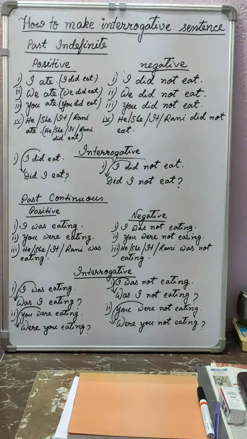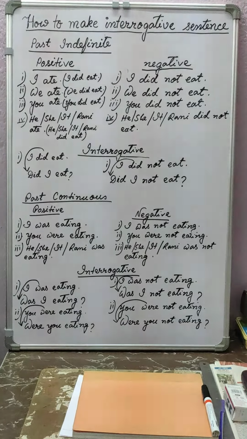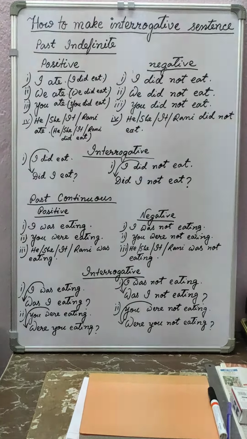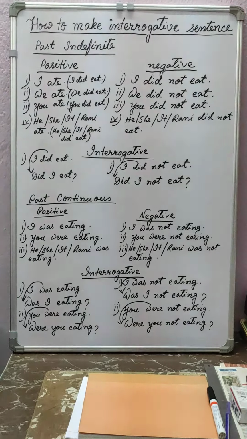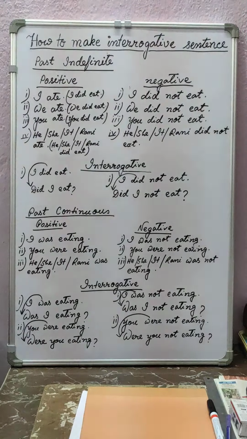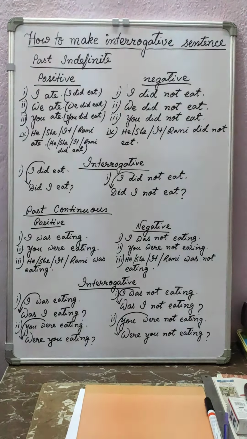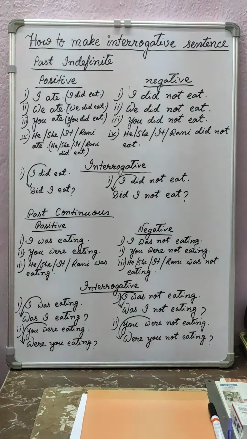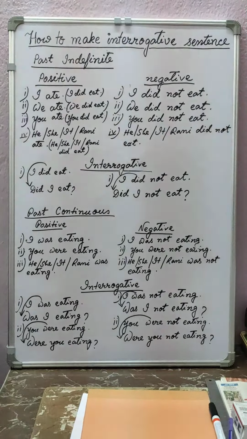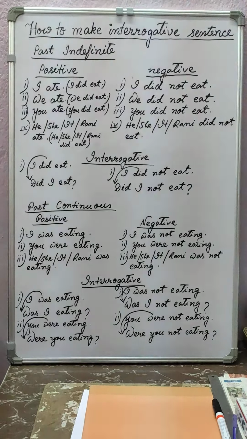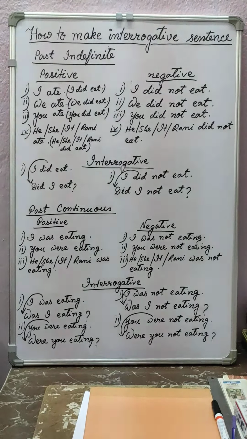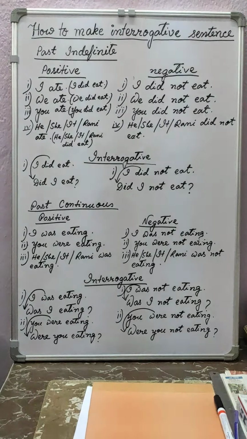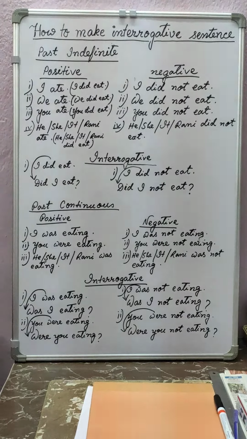So I ate; in another way you can also write I did eat. So the auxiliary is a must, and to make an interrogative sentence you have to bring the auxiliary verb which is just after the subject and place it in front of the subject. You see, I did eat. So how will you make the positive interrogative sentence? Did I eat? Did has come; I have put did in front of I, the subject.